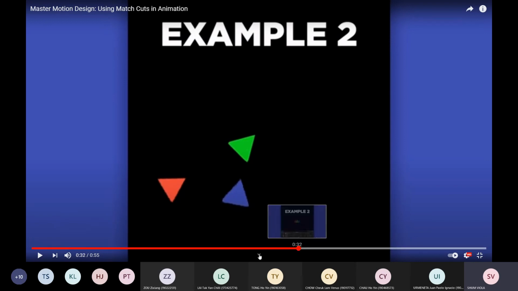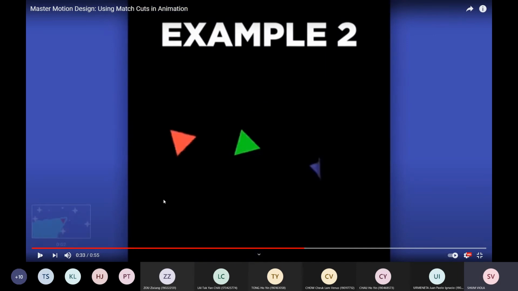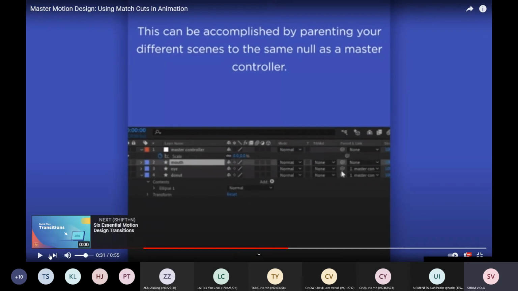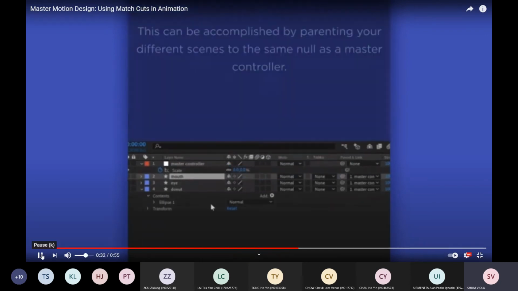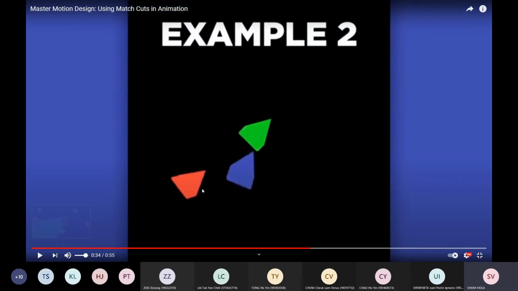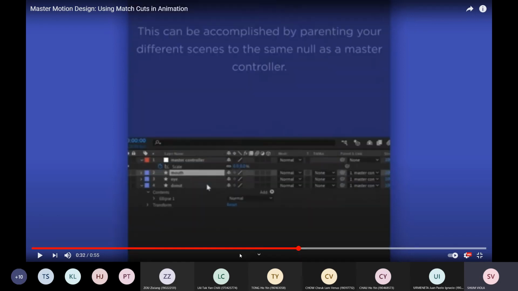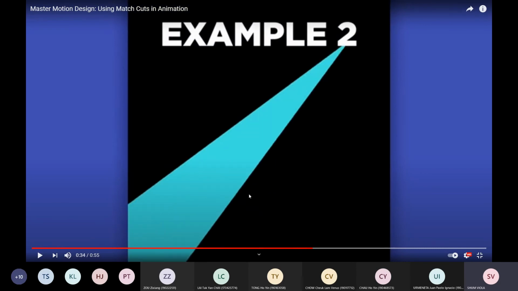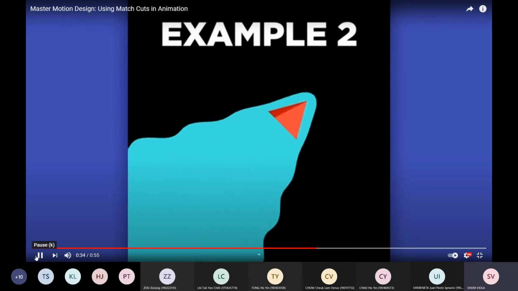For example, starting from the logo here, with these three triangles, and these three triangles suddenly transform into that big triangle one. You can see that we're starting from this shape, and then suddenly it becomes a very big one. So you can see that the three triangles suddenly changed into this big one.